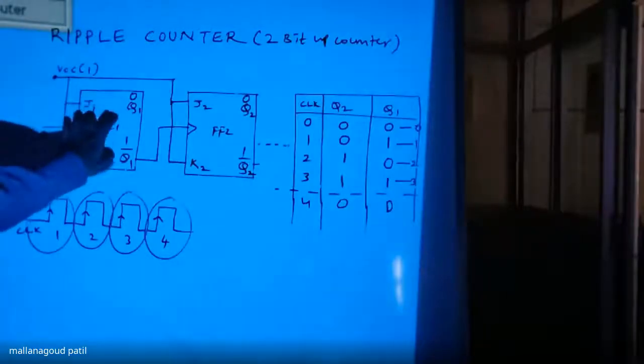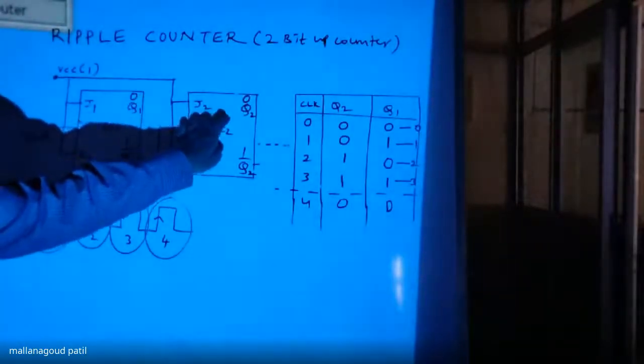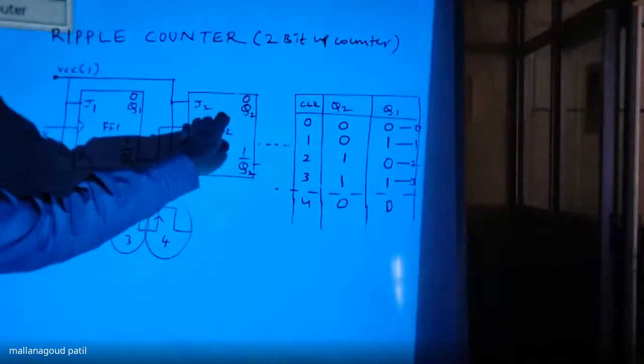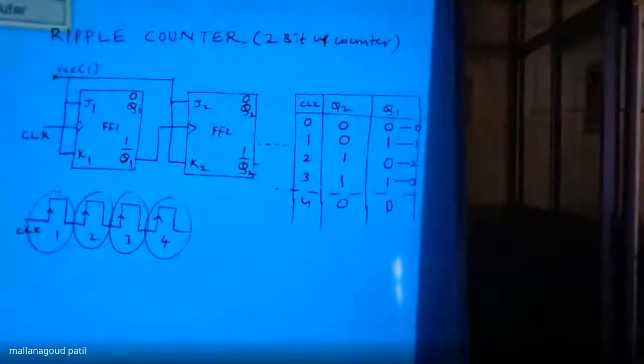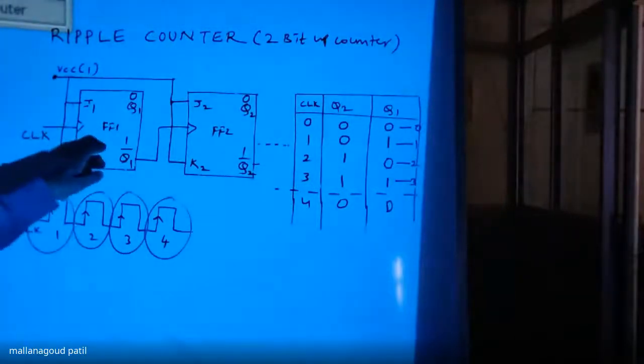See, initially you have to reset both the flip-flops. Then the information available is only 0, 0. Assume we have not given a clock: clock 0, Q2 is 0, Q1 is 0. What is the initial value of the flip-flops? 0. Then you apply the clock, with the connections arranged before.